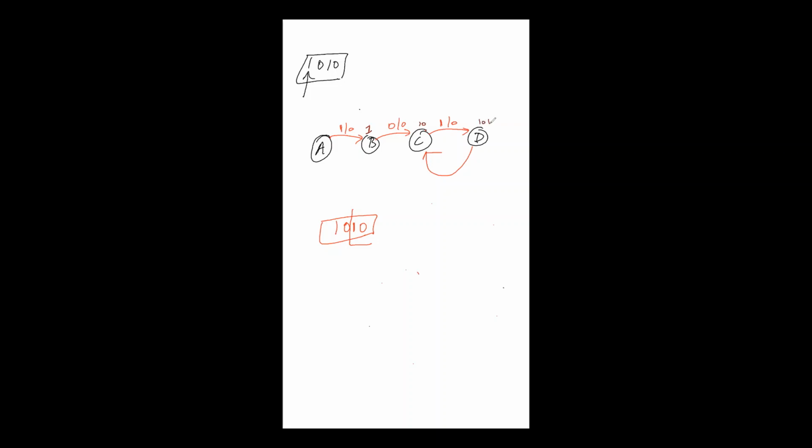Now again, if you are giving 0, it will move to state C because you can use this condition. If you're giving 0, output is 1. I hope this is understood. Now we will consider the case which is not. If you're at state A and if you're getting 0, it will remain at state A and wait for 1. If you're at state B and if you're getting 1, it will remain at state B because you can utilize this 1, right?